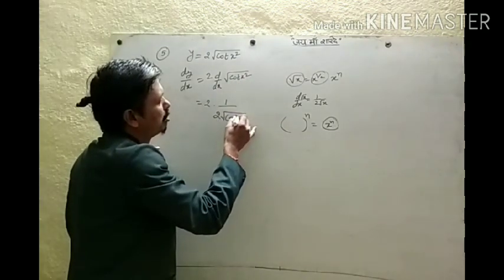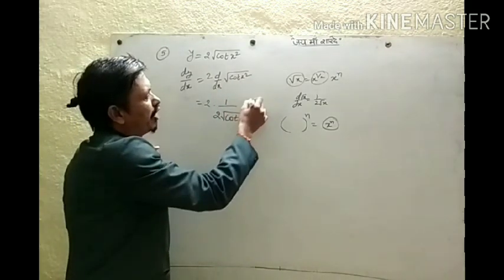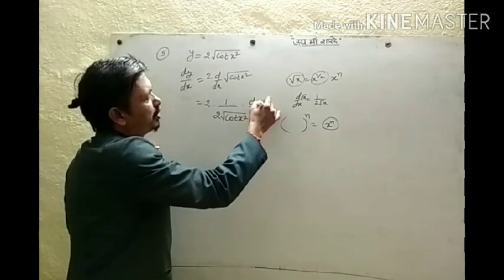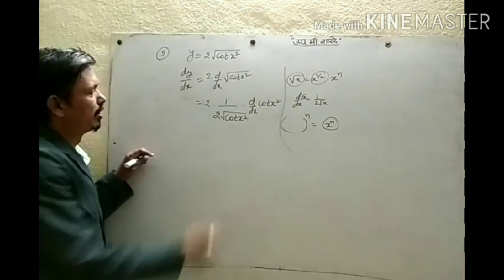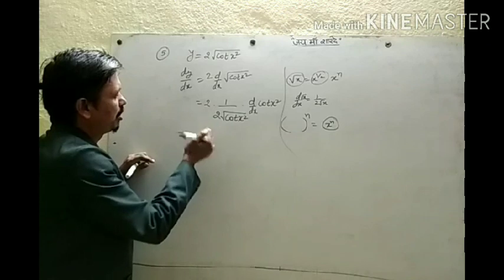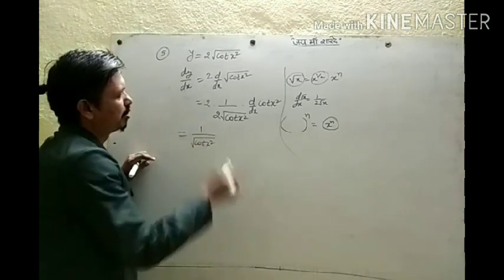So 1 upon 2 root cot x square, but actually it is not x, so we will differentiate cot x square. Okay, so now here we have 2 to cancel out, then 1 upon root cot x square into the derivative of